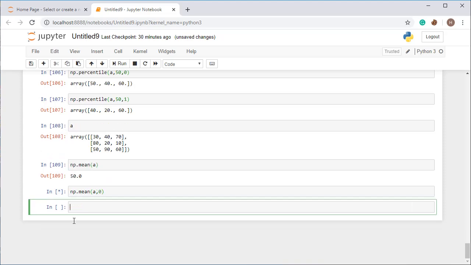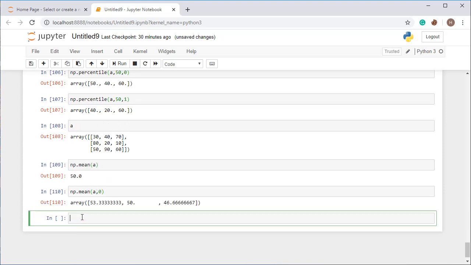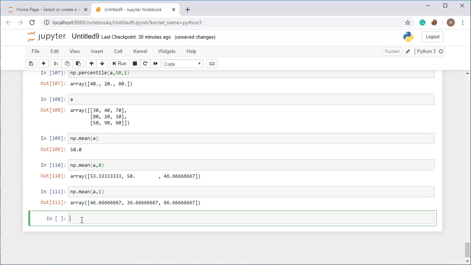Like if I set 0, then it will give me the output like this, np.mean, and then pass 1, then you will get it along the row. In this way you can also calculate median, average and so on. I am also going to show you how to calculate a standard deviation. Try the average thing yourself. You can press tab and you will get suggestions.